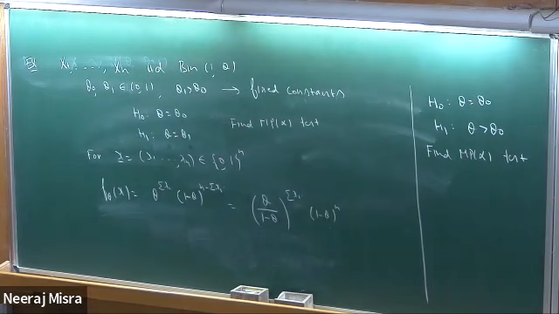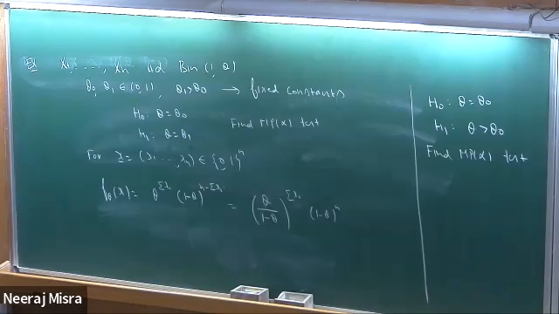So let us look at what the Neyman-Pearson lemma is doing. It says I'm testing theta equal to theta naught against theta equal to theta 1. Level is controlled only through theta naught, so that will not play a role because my H naught is the same. The only thing is whether power is maximal. So you choose any theta 1 greater than theta naught. This is the uniformly most powerful test. Does it depend on the choice of theta 1? It says power at theta 1 would be larger among all such tests for which E theta naught phi is less than or equal to alpha. That is what testing was.